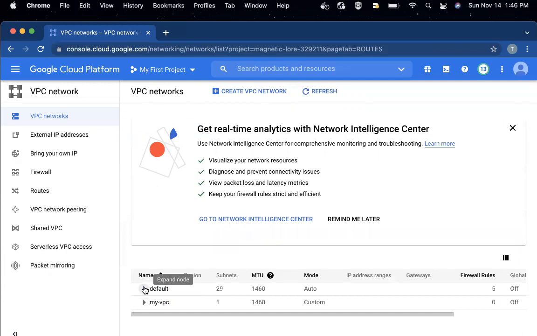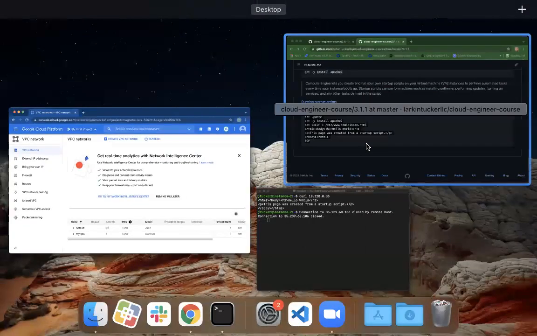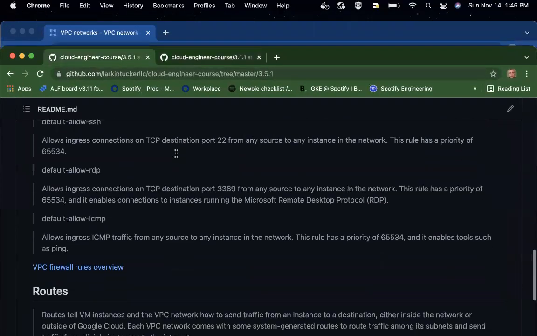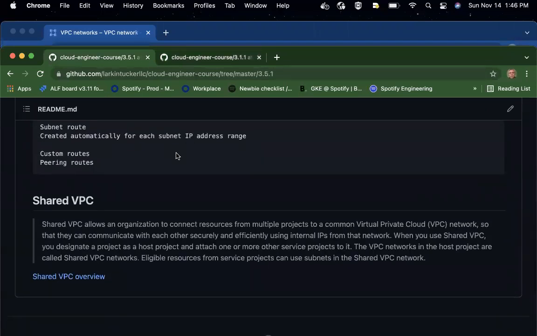The last concept is, let me go to my documentation. Routes, shared VPC. The last concept is, and we can't really do this here because we don't have an organization, but it's not uncommon for a networking group to create a VPC in a project, right? And then they share that VPC out. They can share subnets out of it to other projects. So then projects don't have to create their own VPCs. They can actually run their own GCE instances, but put them in the shared subnets that are in a shared